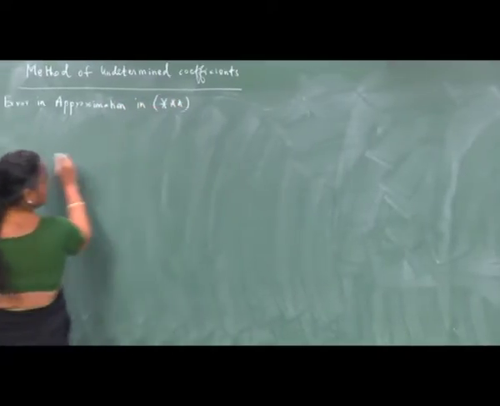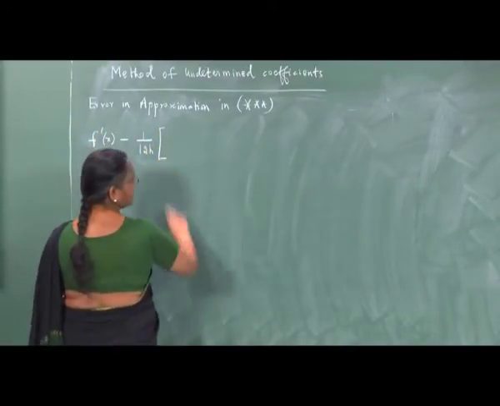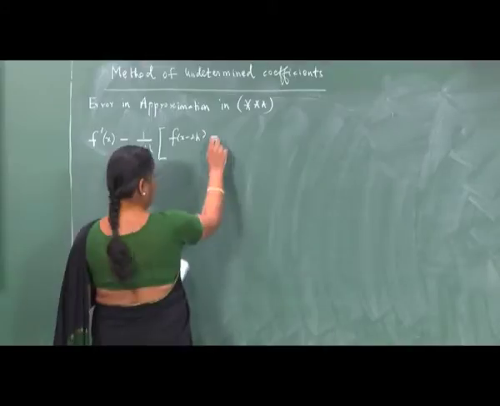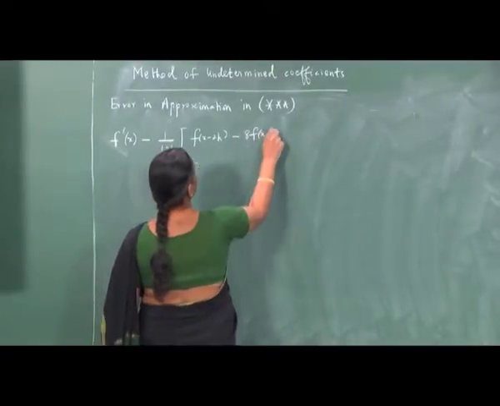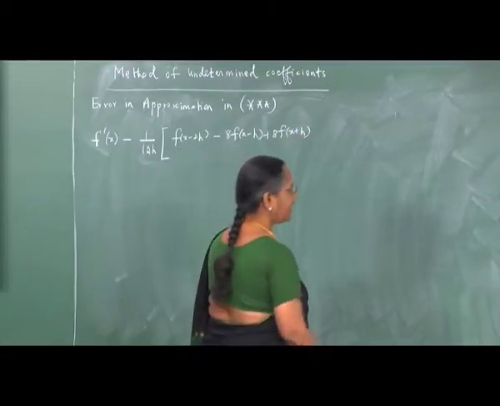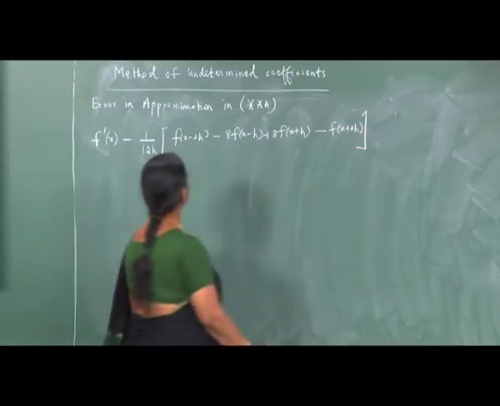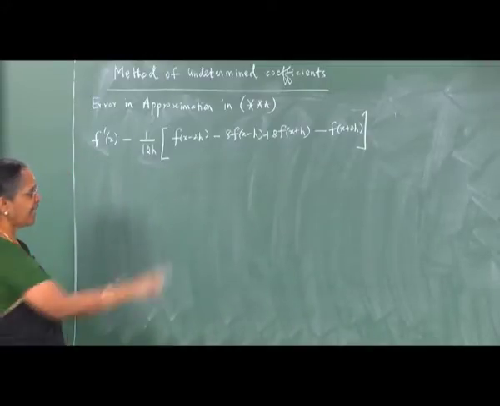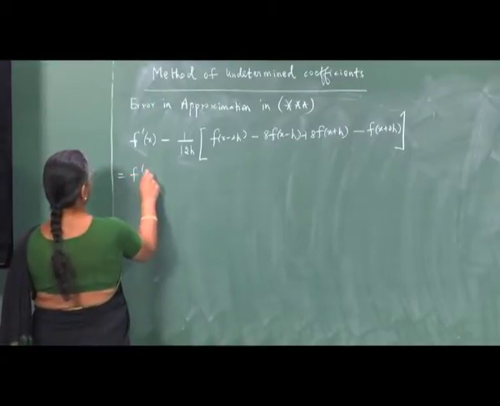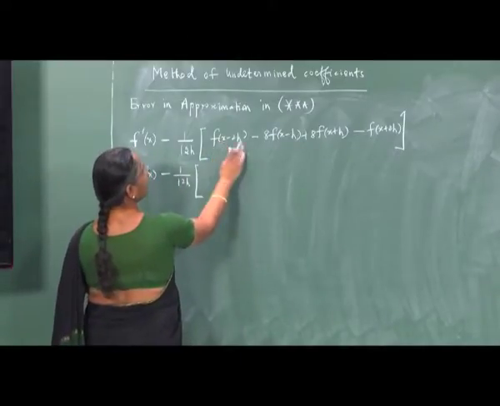So the error expression is given by f prime of x minus 1 by 12h into f of x minus 2h minus 8 into f of x minus h plus 8 f of x plus h, and then I have minus f of x plus 2h. So, I should compute the difference between f prime x and the terms on the right hand side. So, this will be equal to f prime x minus 1 by 12h into,